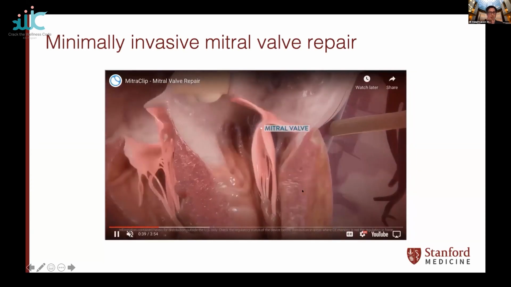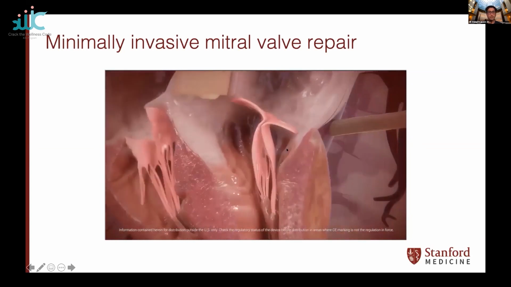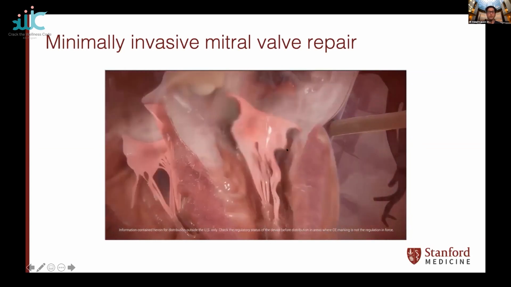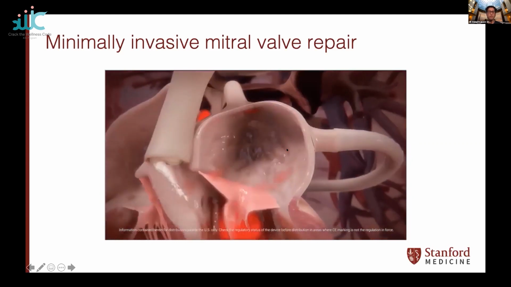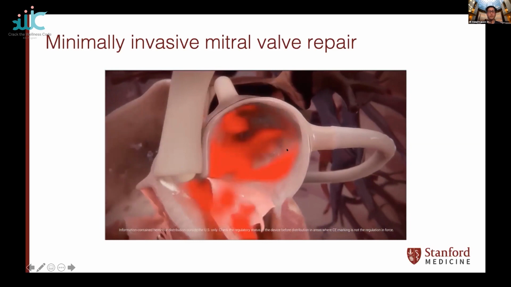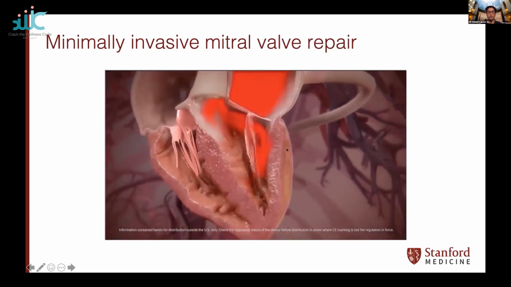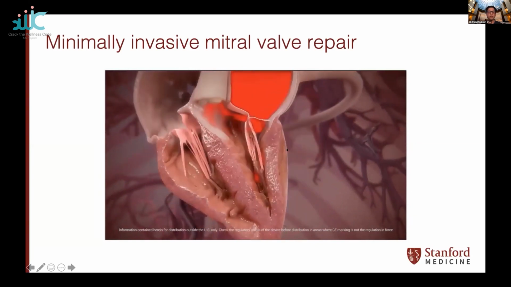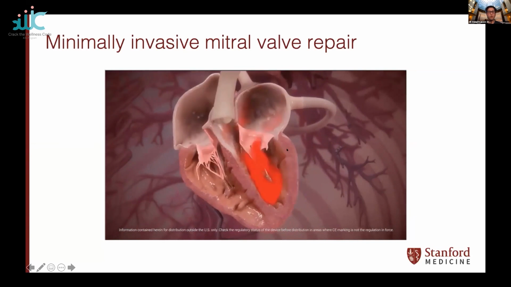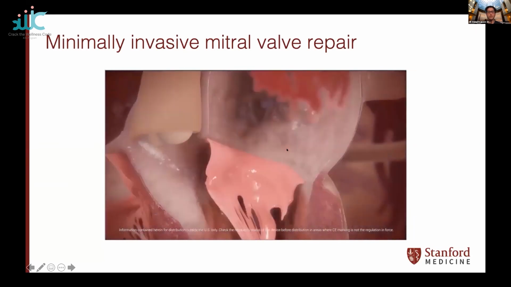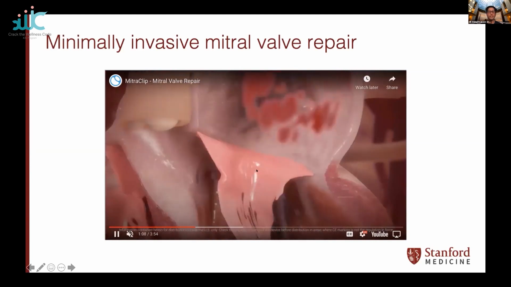So what happens is over time, as a result of a number of risk factors, whether it's coronary artery disease arising from high blood pressure, high cholesterol, diabetes, or family history, that valve can become diseased, or simply because of age-related degeneration, or because of previous radiation or certain medications. Regardless of the cause, ultimately that valve can itself become degenerated, or the heart muscle can start to stretch and pull on that valve. And what happens is, you can see here in the animation, blood starts to leak backwards,